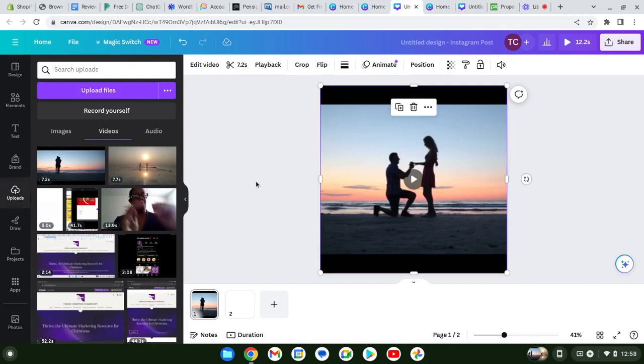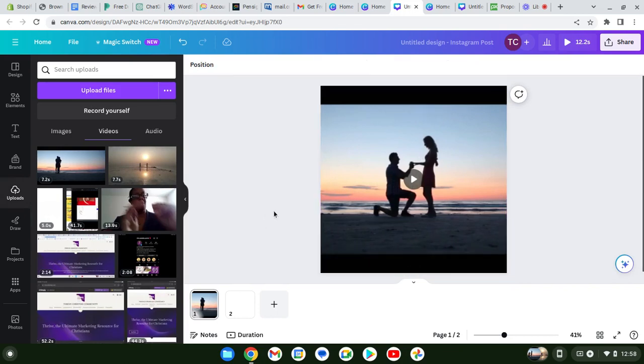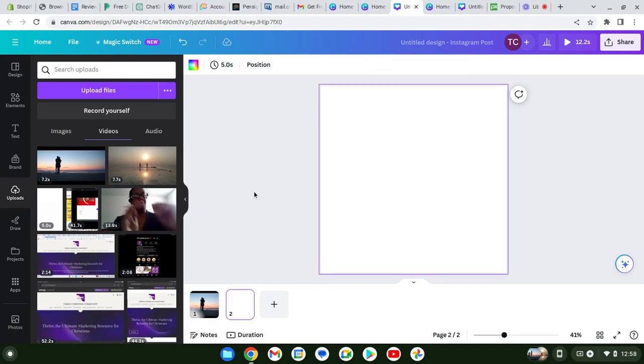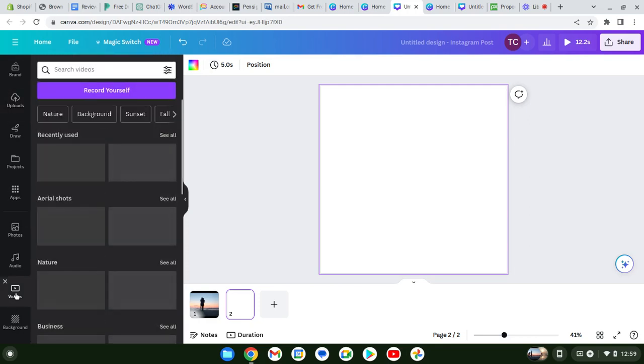So it is right where I want it to be, because last time they were on this end, and I wanted them to be in the center. Okay, the next thing: now you want to create a second video for the second page. Like I said, we're going to use Canva. We're going to scroll down on the side and you see video. We're going to go to their videos,